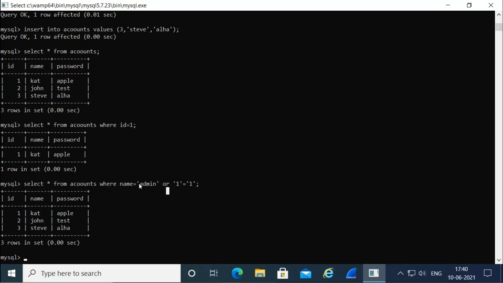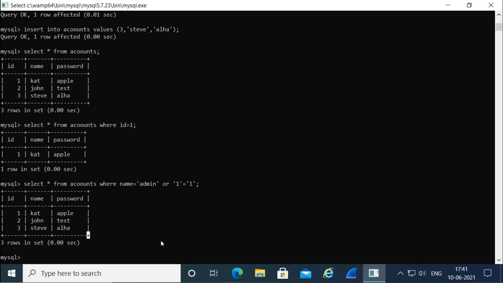It is saying that if this is okay, then run it, otherwise run the next condition. Now the next condition is saying that 1 is equal to 1. Now 1 is equal to 1 means it is true. And when it is true, it is showing all star from this table, and what you see here is the information about all the users.